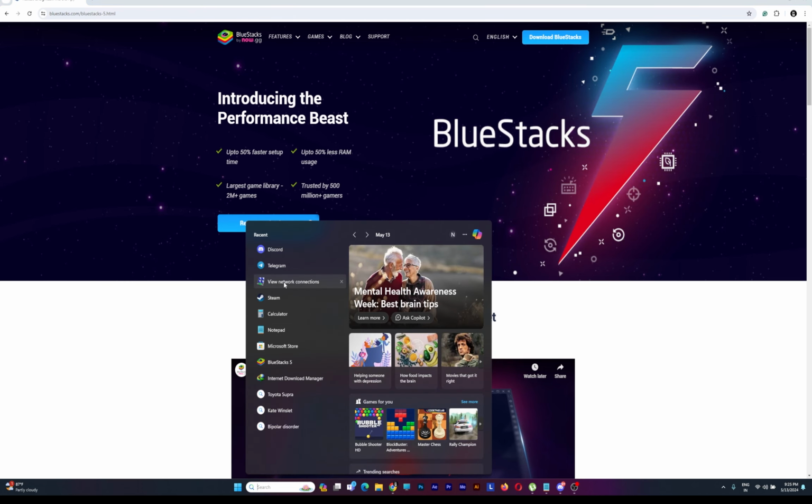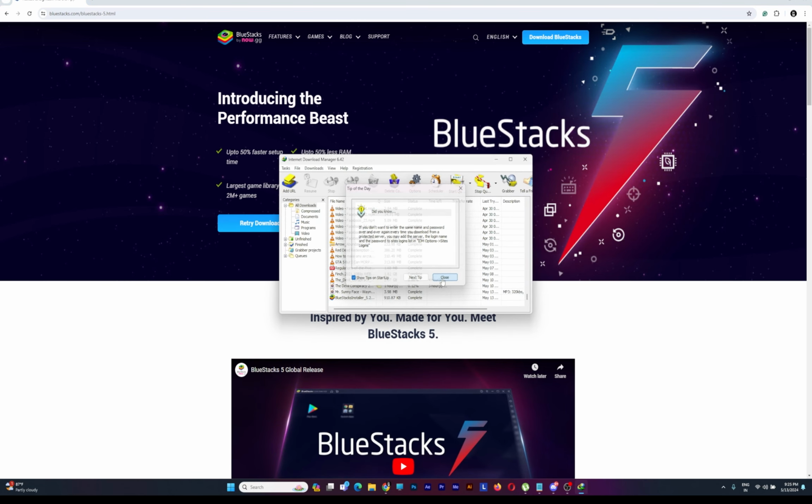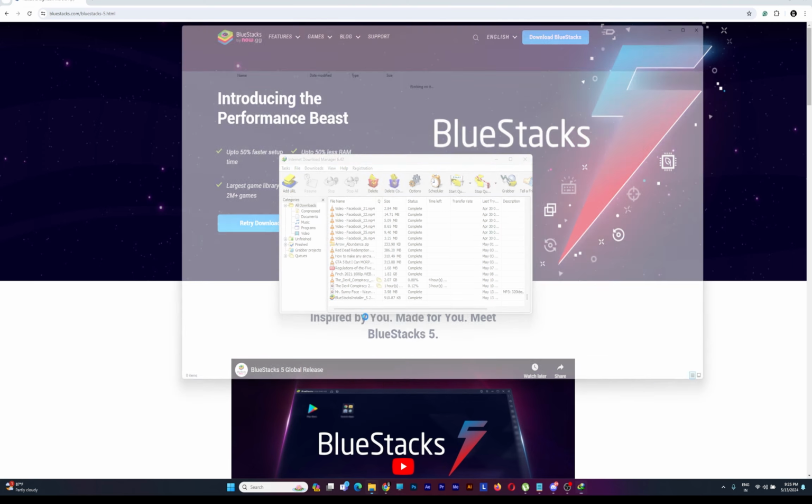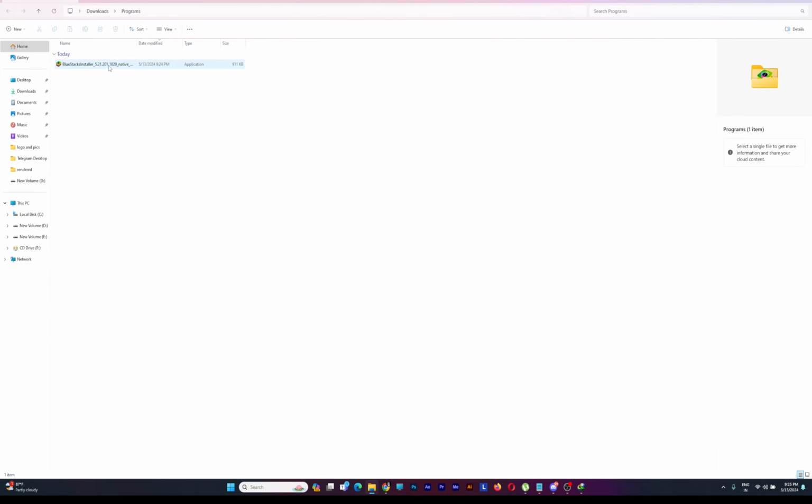So let's check. So as you can see, this is BlueStacks. Let's open BlueStacks. So yeah, we have downloaded BlueStacks. So now we need to install BlueStacks on our computer. Double click on it